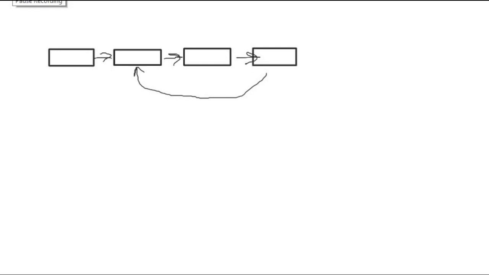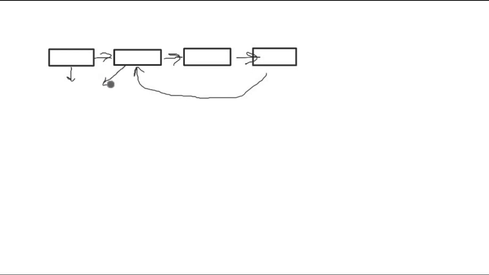For the third approach, instead of modifying the data structure itself, we can just create a temporary node and make each of the nodes point towards it during traversal. This node will be traversing to a temporary node here. While we go through iteration, we will make all these nodes point towards it.